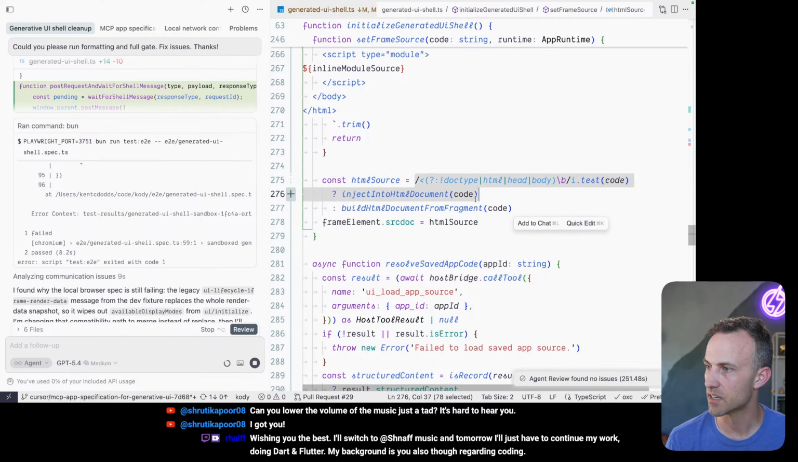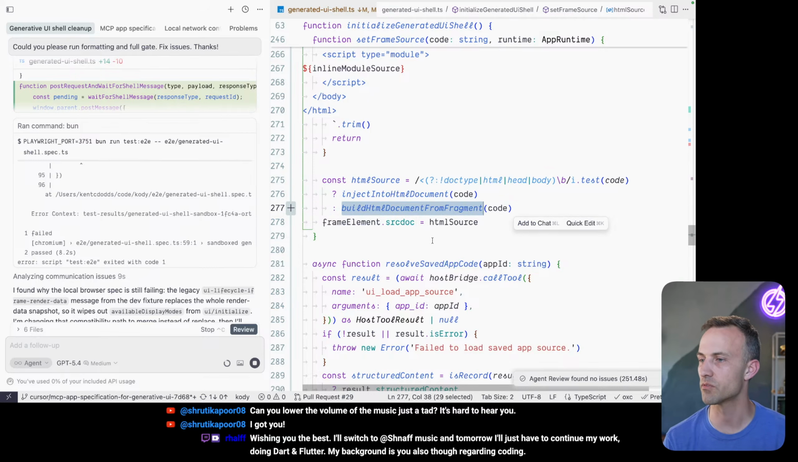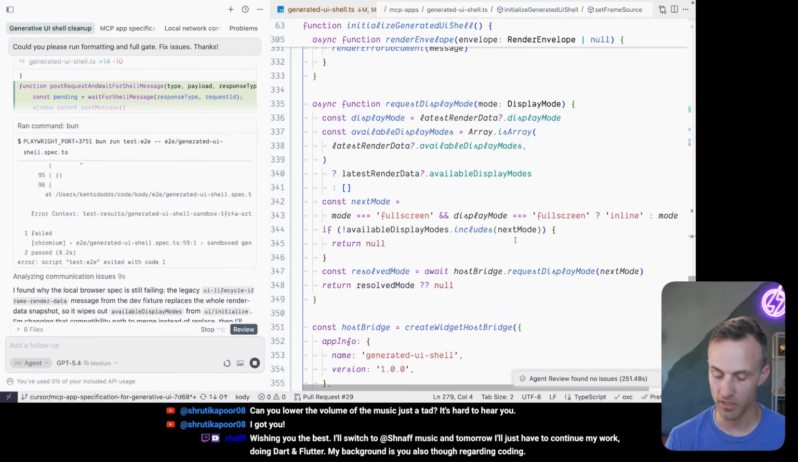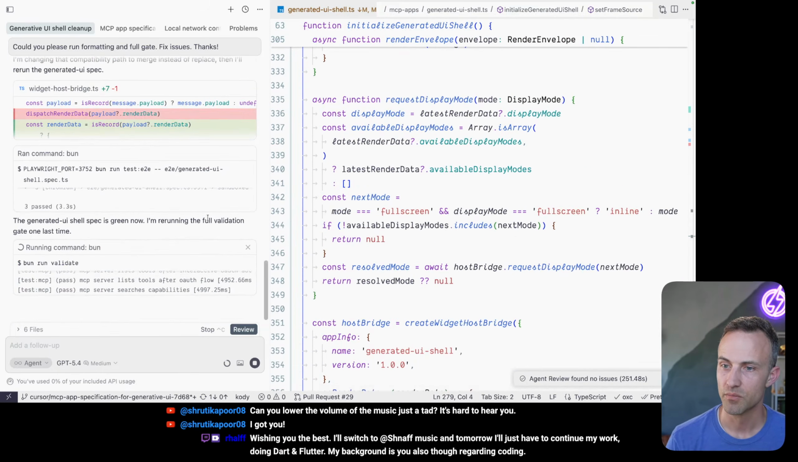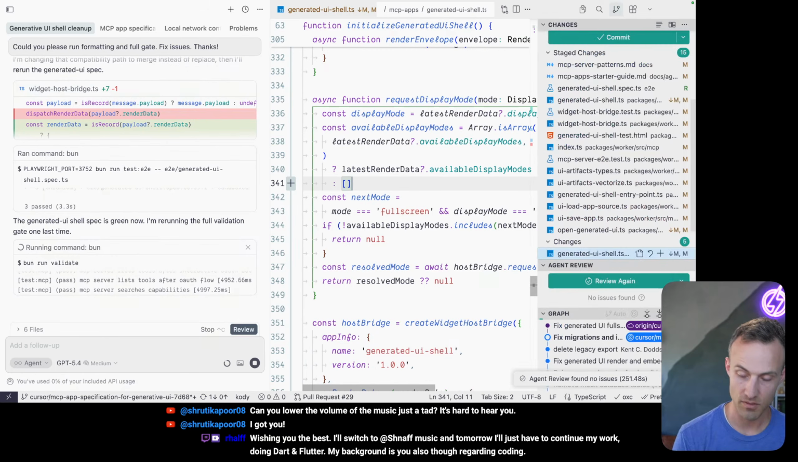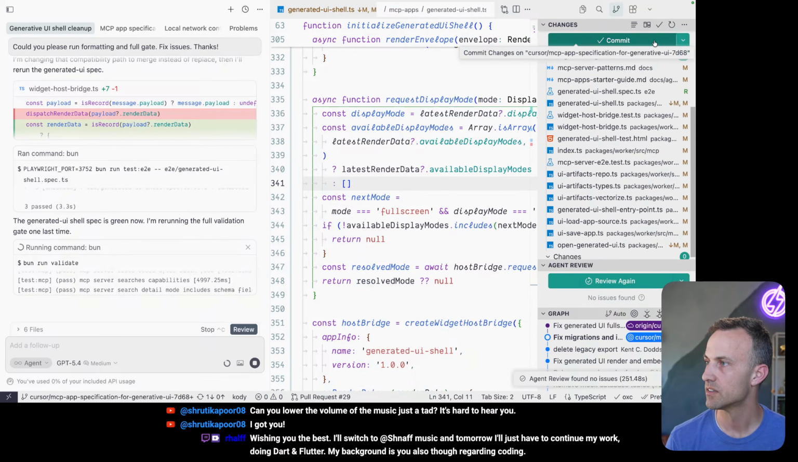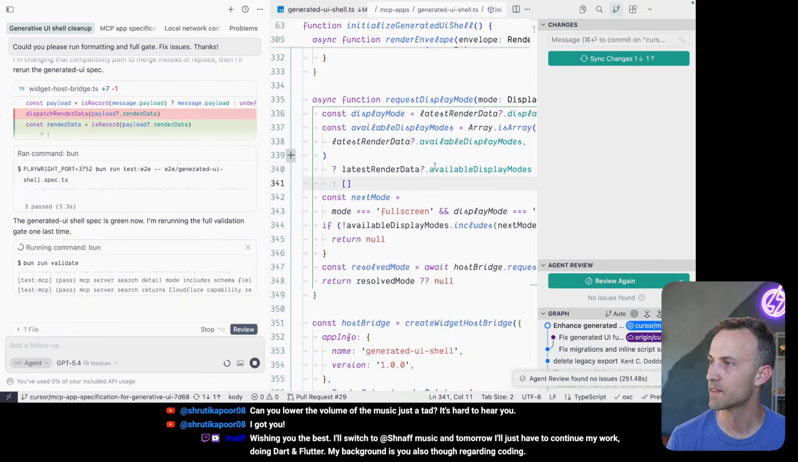Yeah, see, then it checks, it knows whether to inject HTML or build HTML from document fragment. That's cool. Man, it really did a great job building this out. Okay, great. We are good. Go for launch. Let's commit this guy and